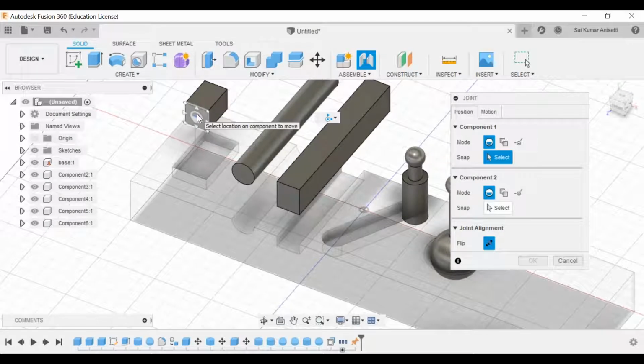Whatever first part you select, that goes and assembles into your base part. If I select this particular base part as my first one, it is not going to do it, because the base part is always fixed. What I can move, all these parts I can move now. That is what it is saying. The first part, that means component number one, whatever you select, actually goes and sits into your second component. That is what it actually meant to say.